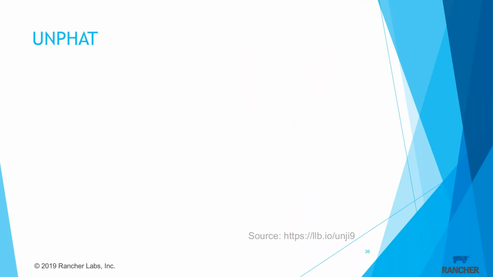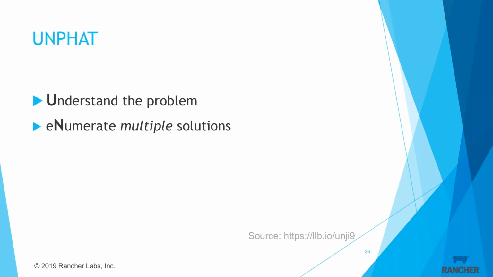In 2017, in his article titled "You Are Not Google," Oz Nova introduced the world to unfat. This is a simple system for thinking critically about technology solutions for a problem. Understand the problem first. I mean, really understand it. He recommends that you solve the problem within the problem domain, not within the solution domain. Enumerate multiple solutions. Don't pick the solution that's the sexiest or is going to be the most fun. Don't change the definition of the problem in order to make the solution fit.